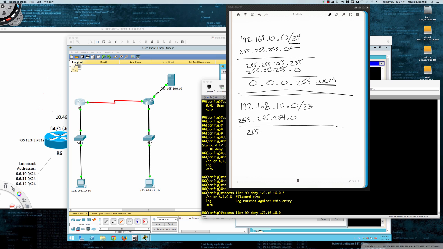We simply put down the all 255s, 255.255.255.255, and we subtract our subnet mask, 255.255.254.0, and now we end up with 0.0.1.255. Now, we know that since this is a /23, it could be broken into 2 /24s, and so the